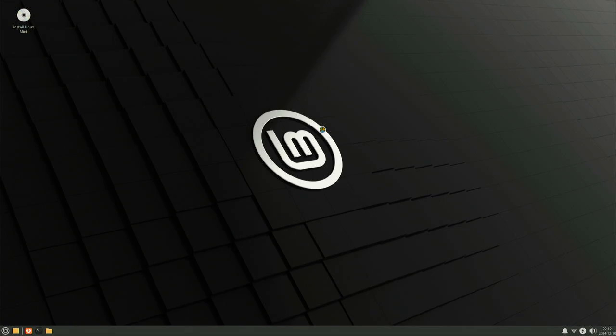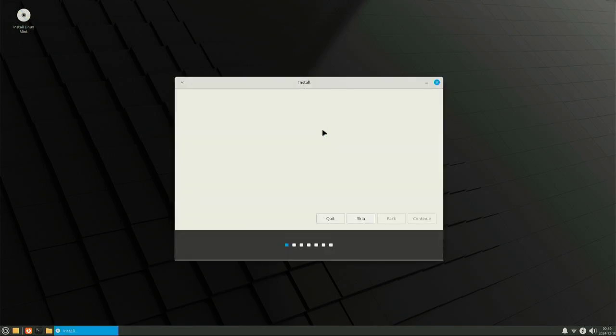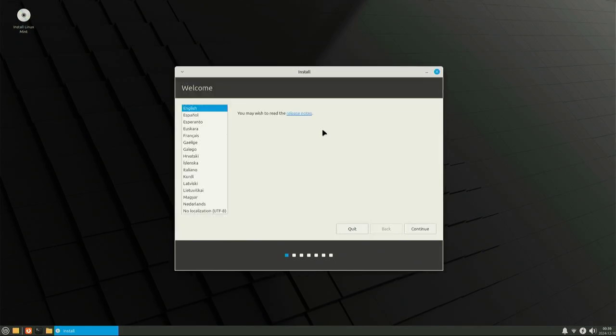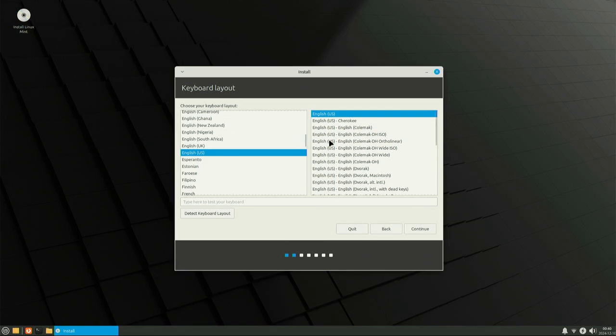But there are plenty of desktop environments that you can choose from, plenty of distributions that you can choose from. This one just happened to work with the cheap ASUS wireless adapter that I have to put on a USB port on this desktop. Okay, we are going with English for our language, US English for our keyboard layout,